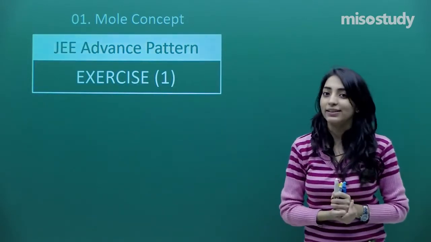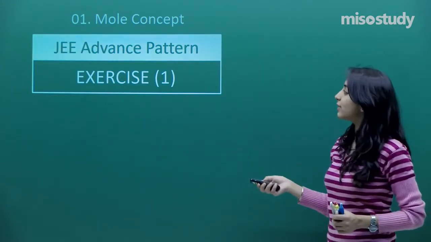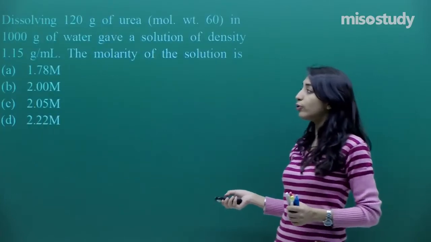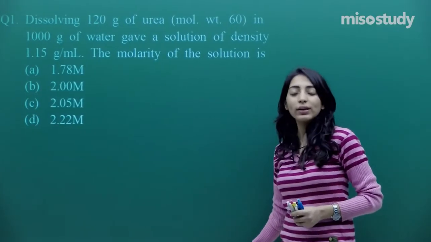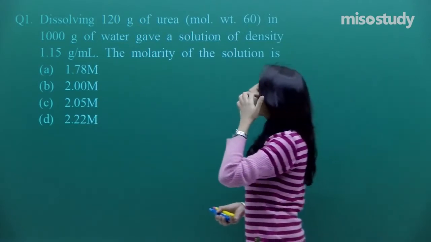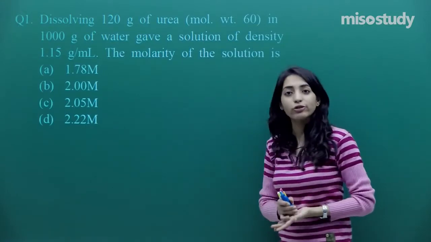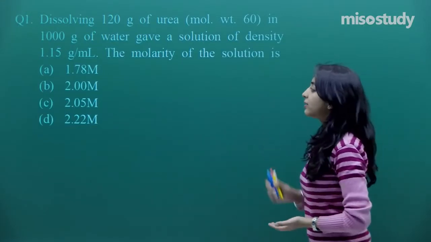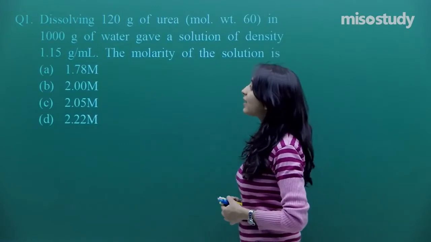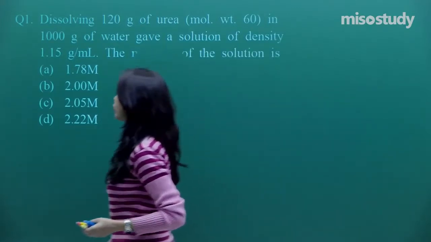So now it's time that we move on to the same chapter, mole concept, but this time the JEE Advanced pattern exercise. I have collected a set of 10 questions which you can see. We need to start with the very first question. Let me read out the question so that I can start explaining it properly. So let us begin with the very first question, and the question says that